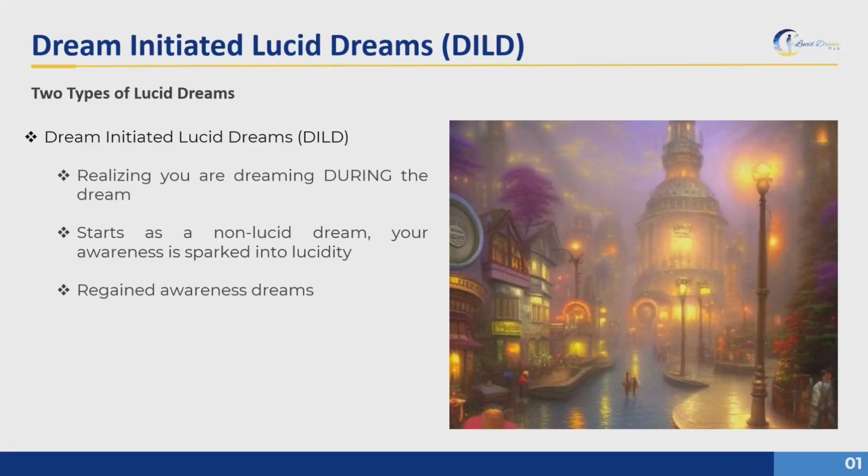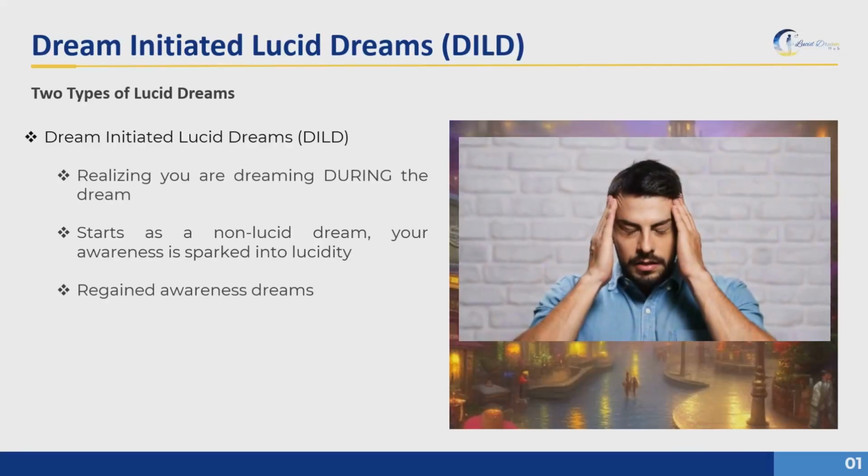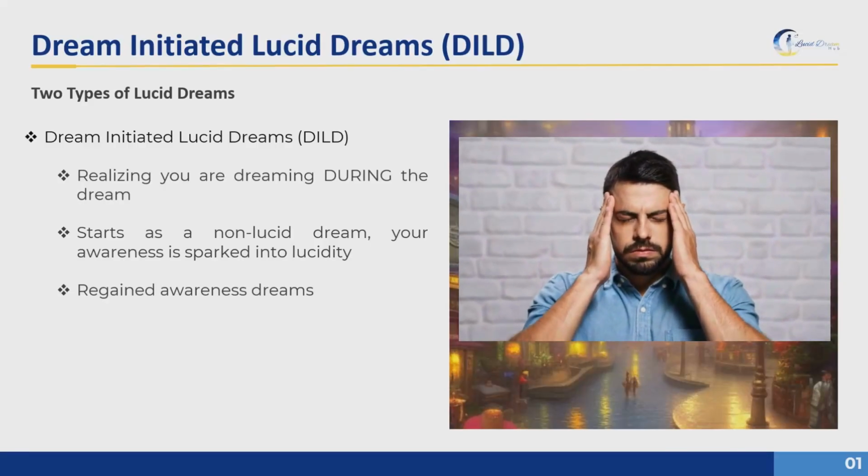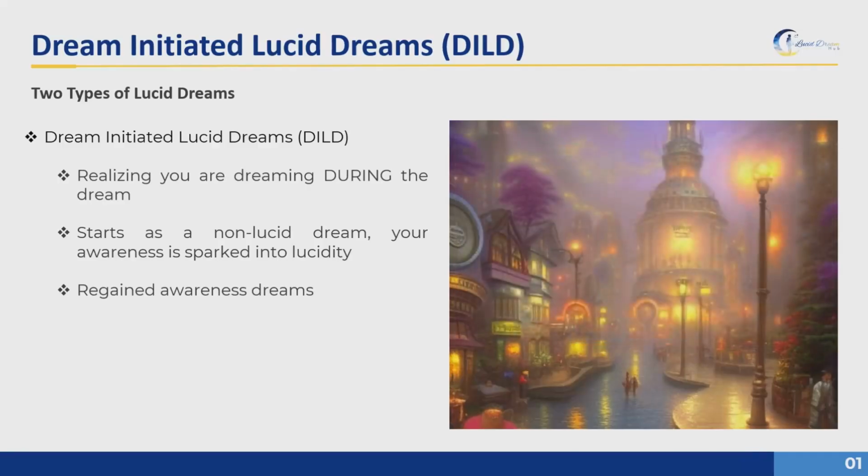Okay, if you have spent any time researching lucid dreams online, it will seem that there are about 100 million different lucid dream induction techniques. There are all kinds of silly acronyms like MILD, WILD, VILD, SSILD, etc. It can sound very confusing, but all lucid dream techniques can be boiled down to two different types. There are Dream-Initiated Lucid Dreams, which we are discussing in this segment, and Wake-Initiated Lucid Dreams.